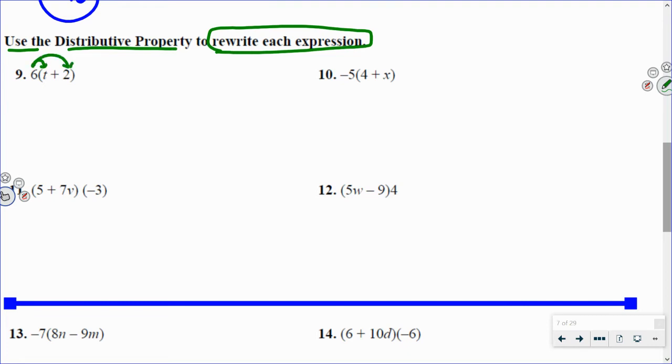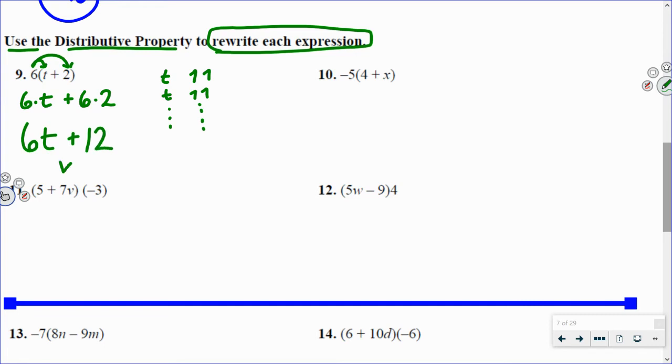And instead, no, I'm not going to write 6 groups of T and 6 groups of 2. What I am going to do is write with numbers and symbols 6 groups of T and then another 6 groups of 2. Now 6 groups of T is 6 T's, 6 groups of 2 is 12. Can I combine those to make 8? No, those are not like terms. One is a variable term,